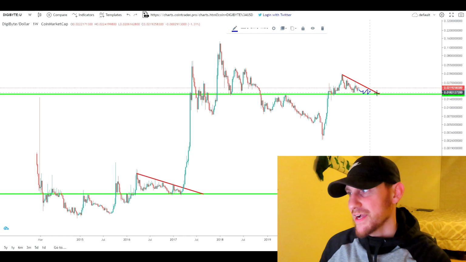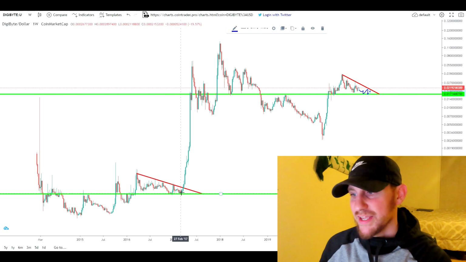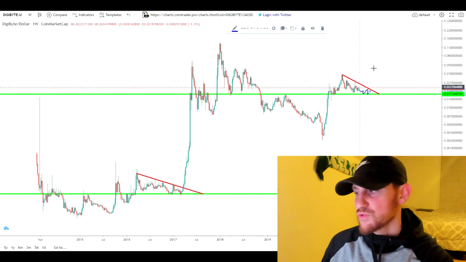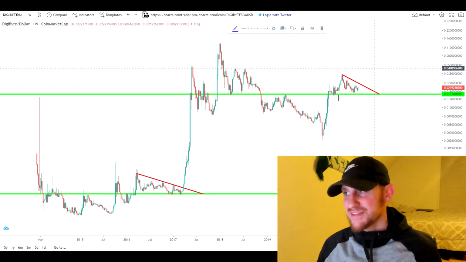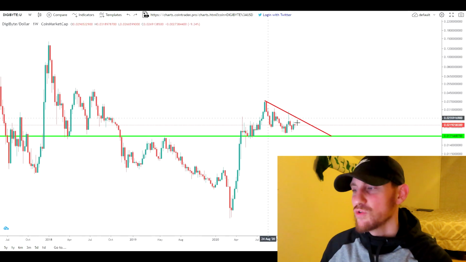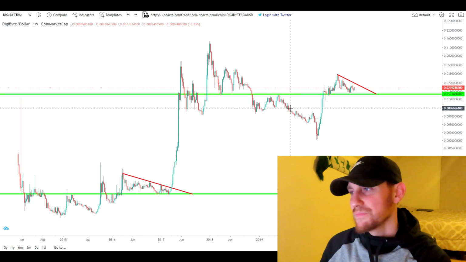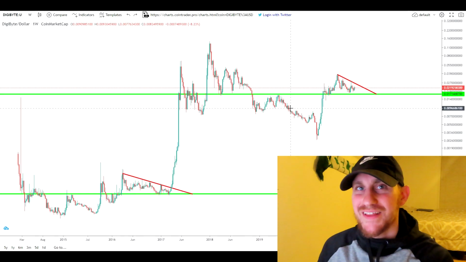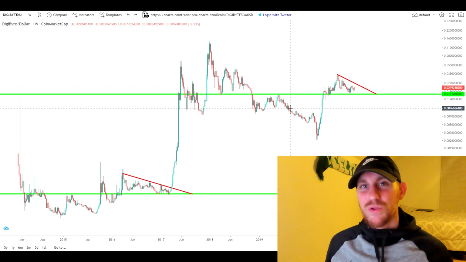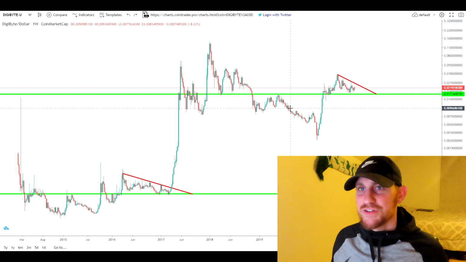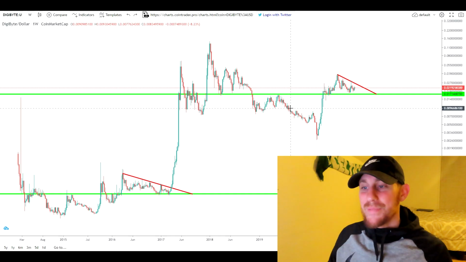You guys can see the apex of this one is all the way in May. I don't think it's going to last that long. This one down here broke out in March of 2017. So March of 2021 would make perfect sense for us to get a big, big move on the weekly chart out of this triangle, right? So February, March, somewhere around that time, we looked at the daily and the weekly. February and March seems like a great time for Digibyte to really make its move up based on the daily